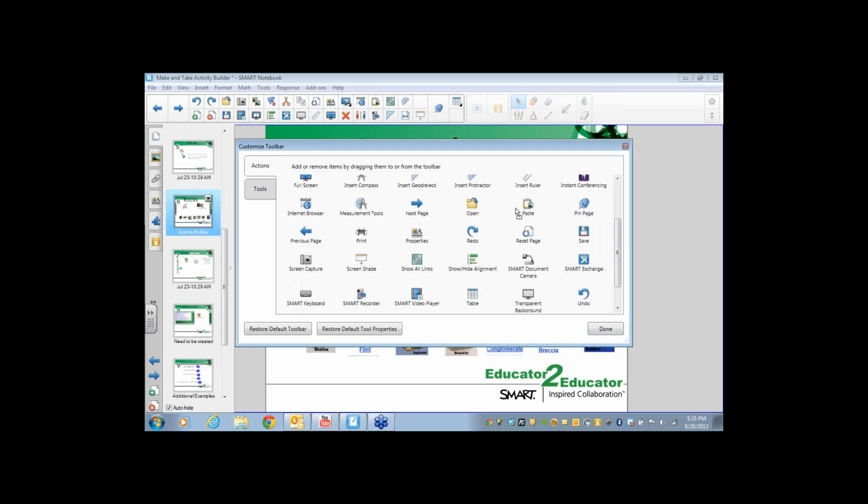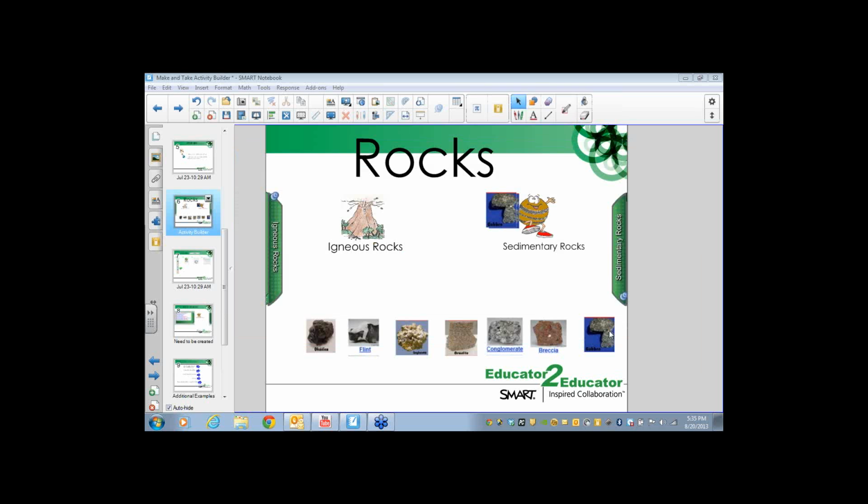And by clicking on it and dragging it up to the top, you'll see that it creates a spot for it. That reset the page will always reset to the last saved, basically to the last time you saved the page. So you want to make sure that you create that activity and save it, and then every time a child would come up and do the activity, if you hit that reset the page, it should reset it back to its original state. And I apologize, mine's going crazy at the moment.